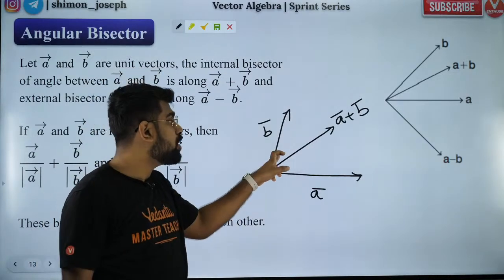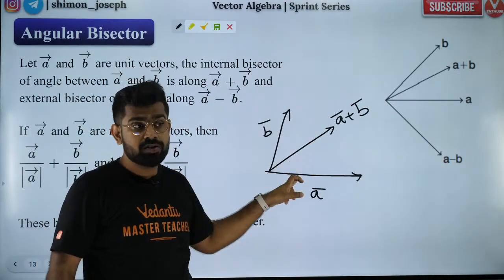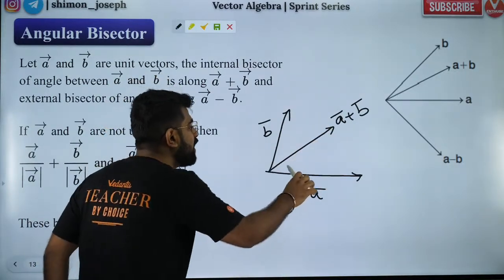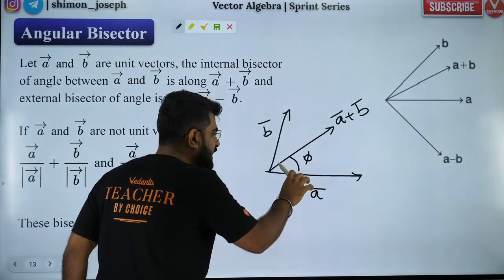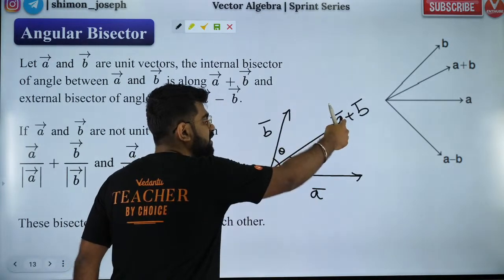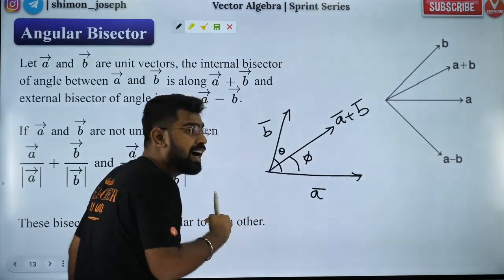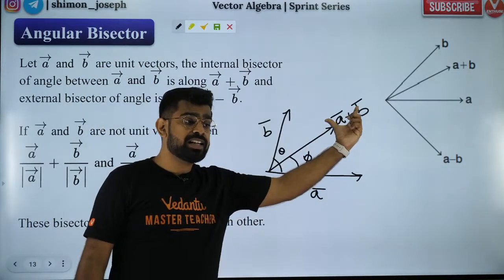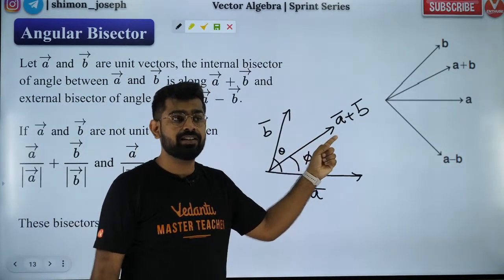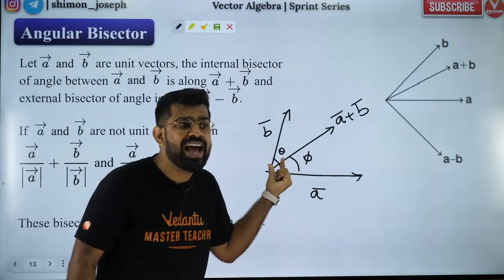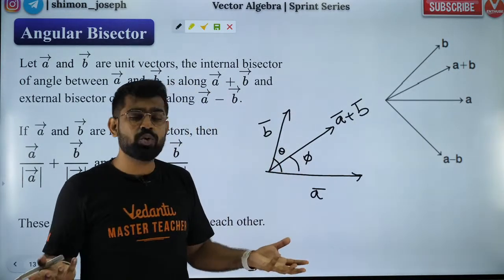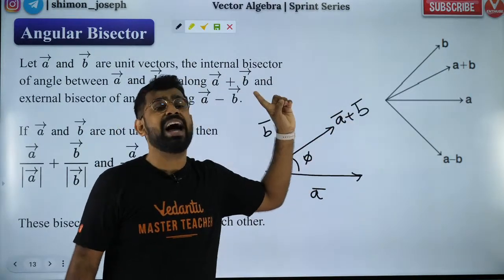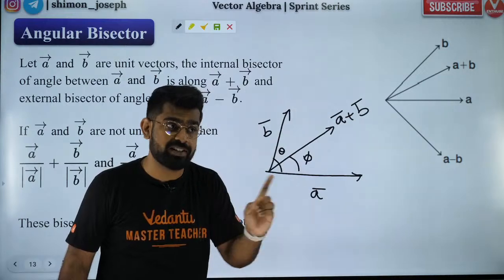But guys, this is not the angle bisector, okay? This is not the angle bisector. Because if this was the angle bisector, then why should I give you a formula for finding phi? When theta is given, if this was the angle bisector, phi would be just theta by 2, na? Use common sense. If the A plus B resultant was the angle bisector, then your phi would have been directly theta by 2. Why would I give you an extra formula for that? So this resultant is the diagonal. So that is not the angle bisector.